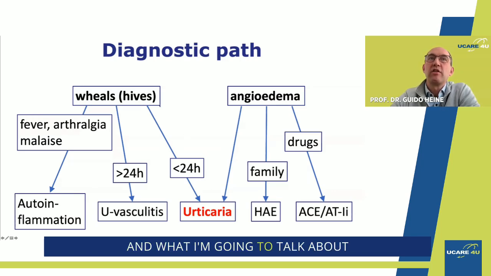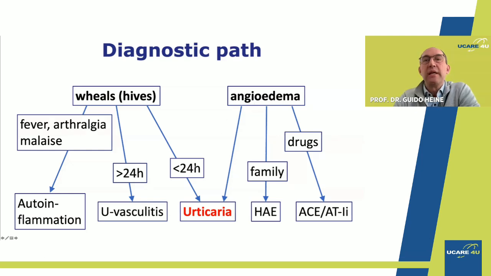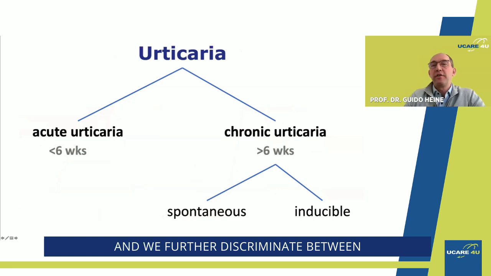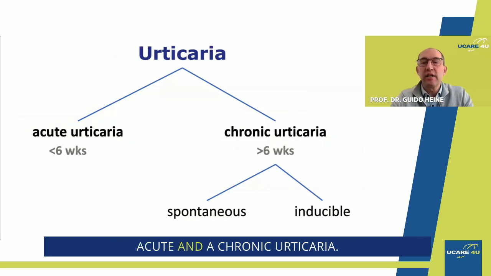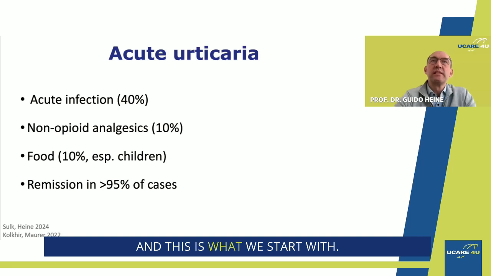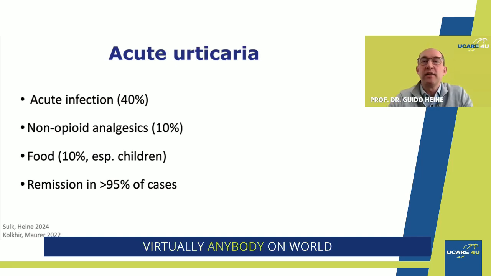And what I'm going to talk about today is the wheals and the angioedema, with the wheals being there for less than a day. And we further discriminate between acute and chronic urticaria. And this is what we start with. Acute urticaria, virtually anybody in the world can have once in a life. Usually it's linked to infections